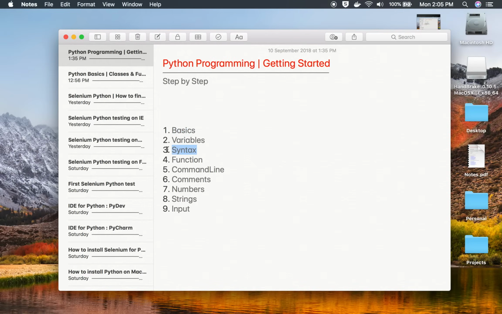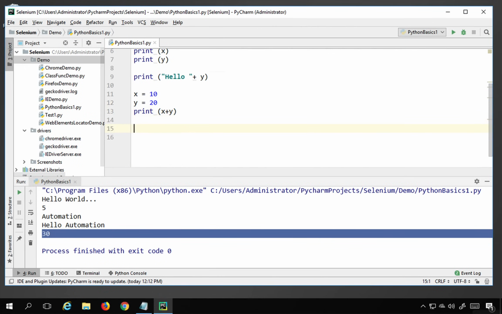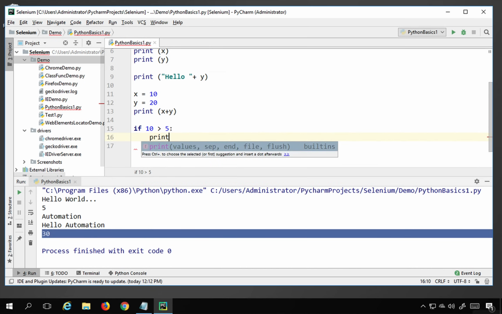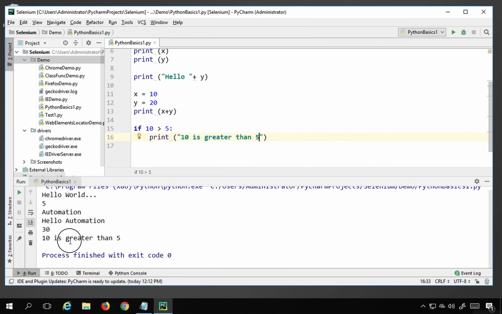Let us look at the syntax. Now in Python, the syntax is important. If you are creating any block, for example, I am creating an if block, and I say if 10 is greater than 5, then you have to give a colon here, and if you press enter, you can see it has taken 5 spaces or a tab space, and everything that I will write with this tabbed space will be a part of this if block. So here I can say print 10 is greater than 5,